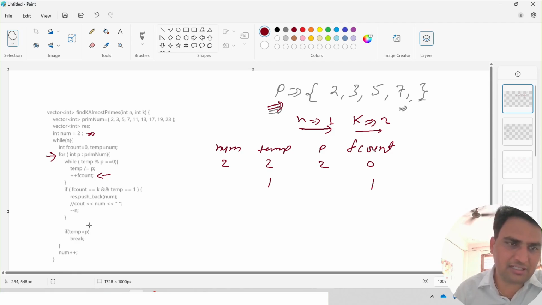Yes, temp is 1, and p is 2, correct? So it means no need to check for the prime numbers, right? It is completely divisible, but not fulfilling the condition of the k prime factors. So now what we will do, we will come out from this for loop block,